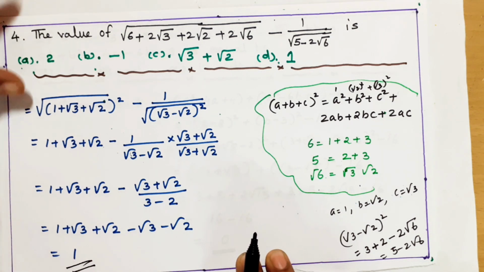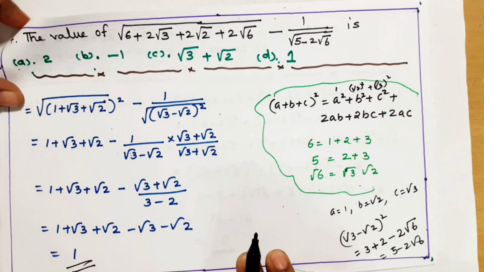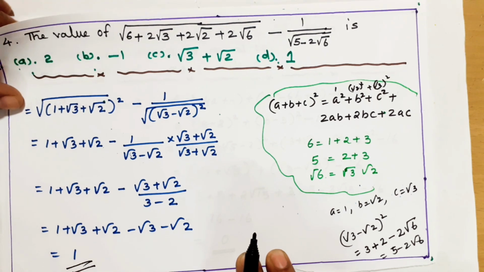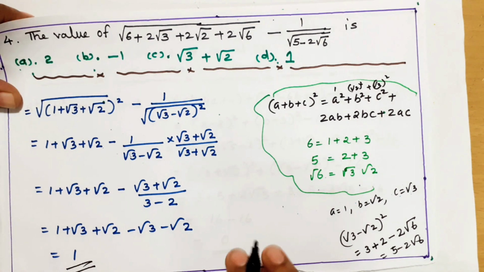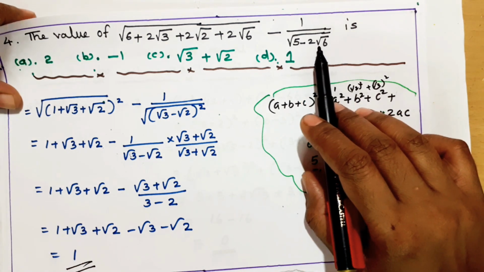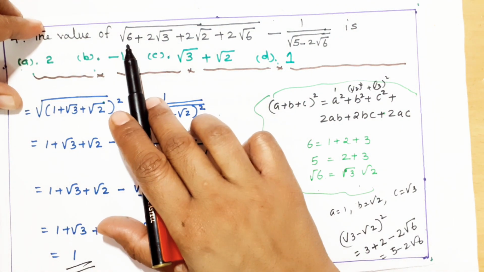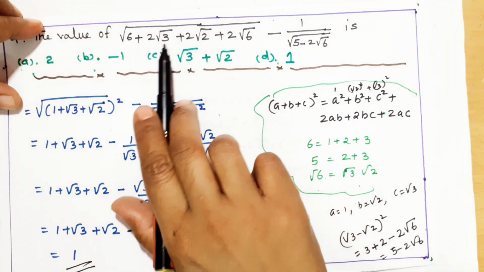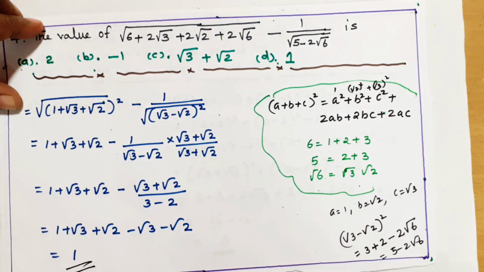Clear? So in this question now you should get an idea how to take the numbers. How to take the numbers means there should be some relation. I told you now how I did this. First number 6. 6 is 1 plus 2 plus 3. 2 and 3 I am getting from here only. Then I checked.